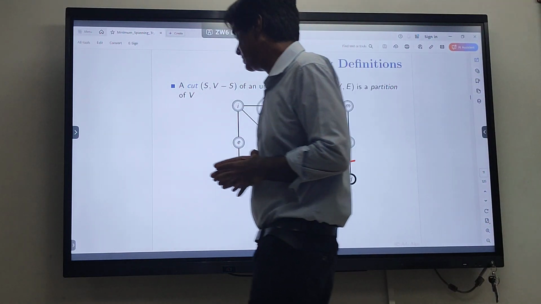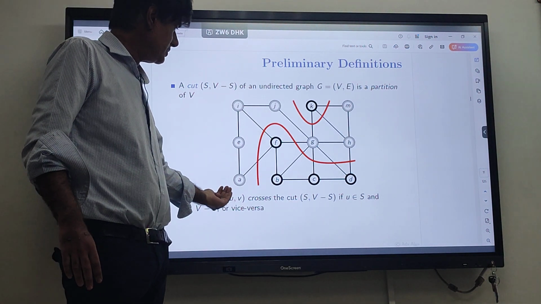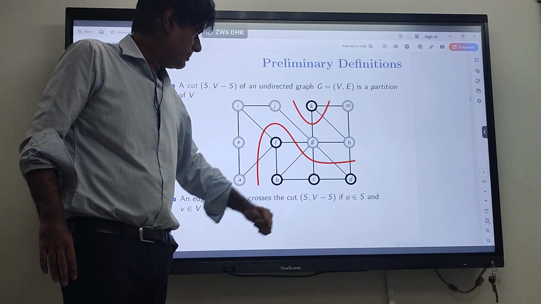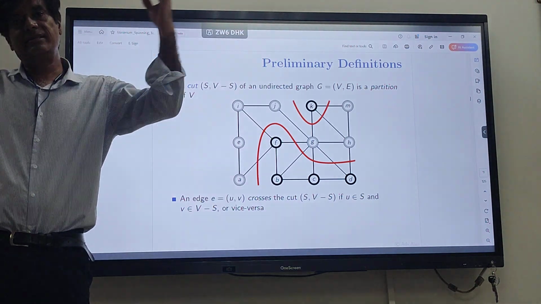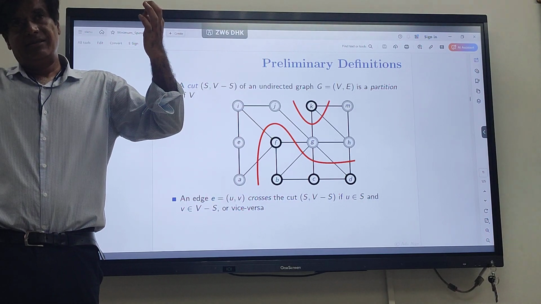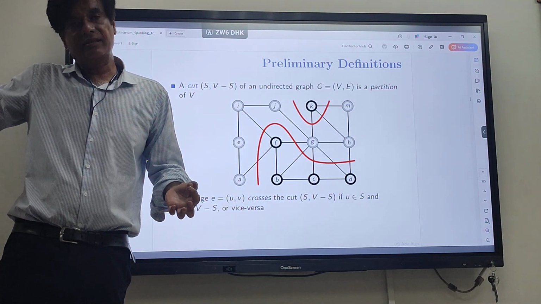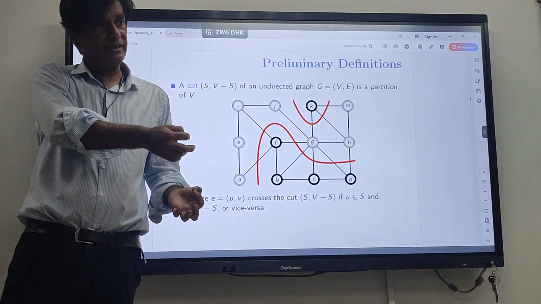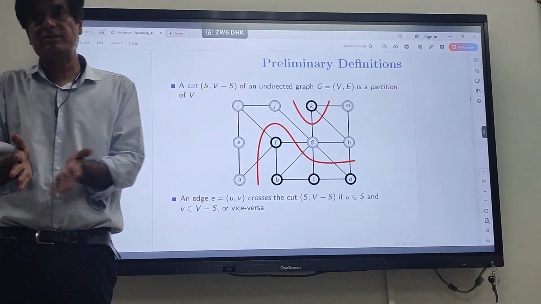So more formally, this is what it is. And we say that an edge (u, v) crosses the cut (S, V minus S) if one end is in S and the other is in V minus S. In simpler words, an edge crosses a partition if it connects a gray vertex with a black vertex. Okay, that's what a boundary is. It connects two provinces or countries or